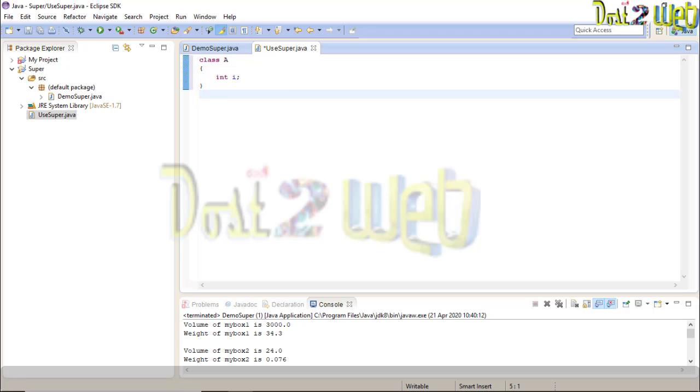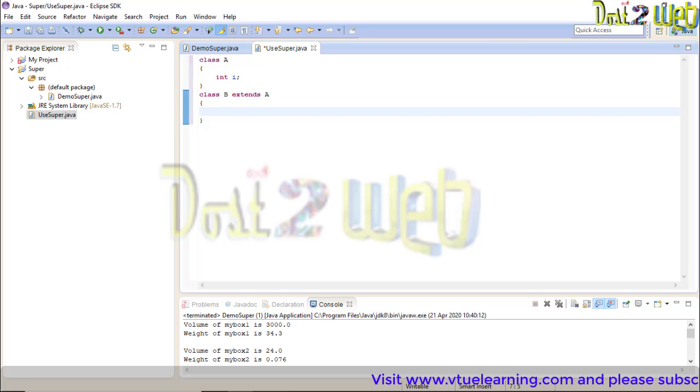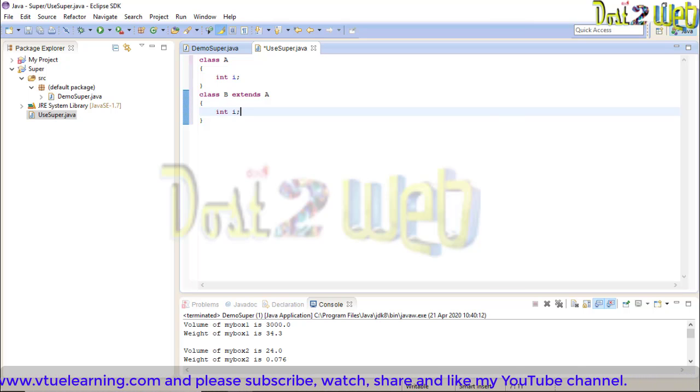Now I'll create another class B. I'll extend the superclass now, so extends, that is the class A. Here you declare another, same variable, int i. I'll use the same variable.